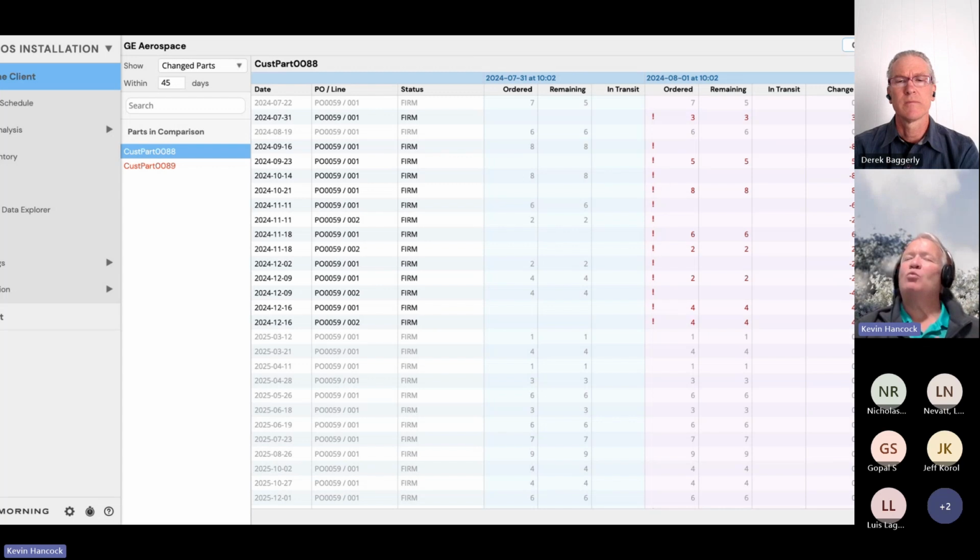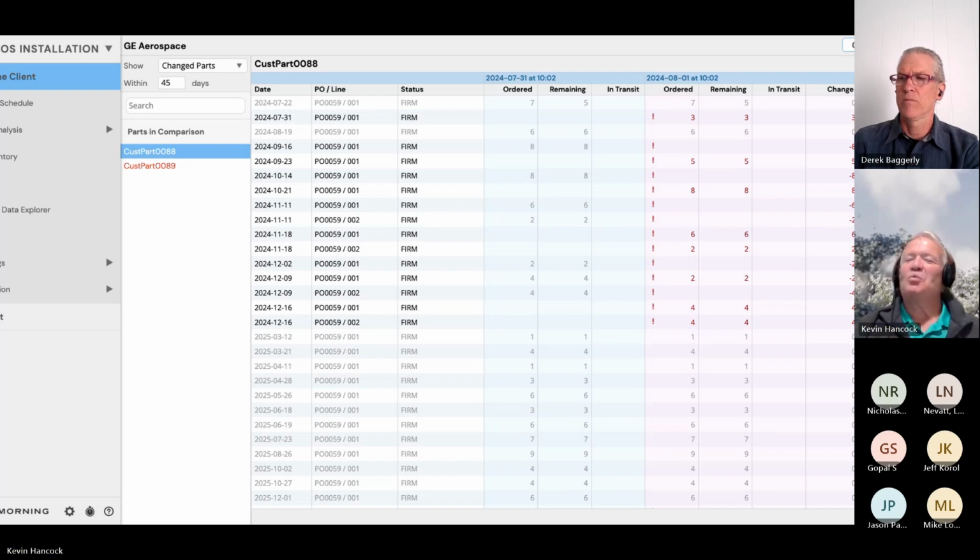But with Demandline, what you're going to see is how that order may have been added to or subtracted from over time. So we're building up that historical information from that customer to let you know how those demand signals have changed as those orders are placed. And as we all would hope, well, actually, what we would hope is that if somebody places a firm order with me, I know that order is not going to change over time.